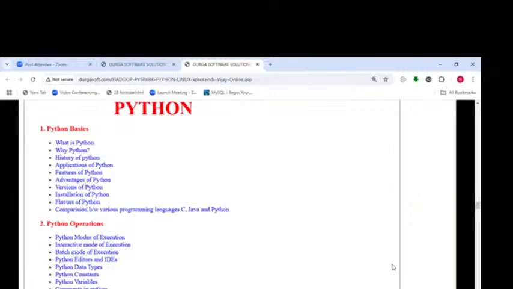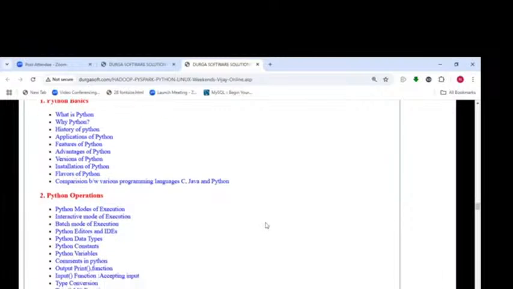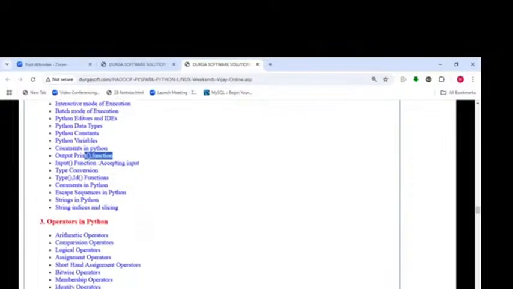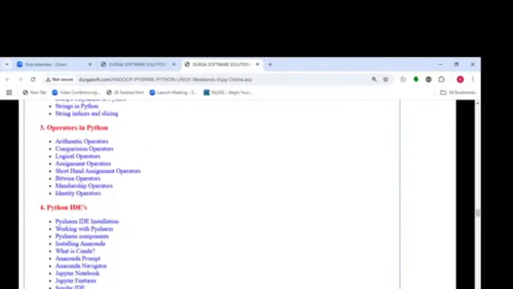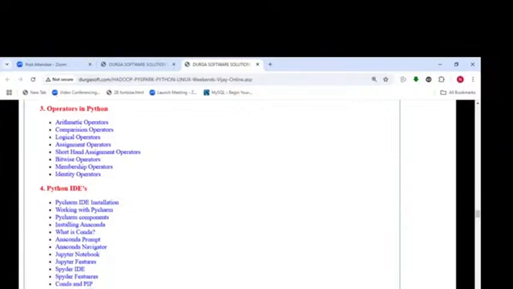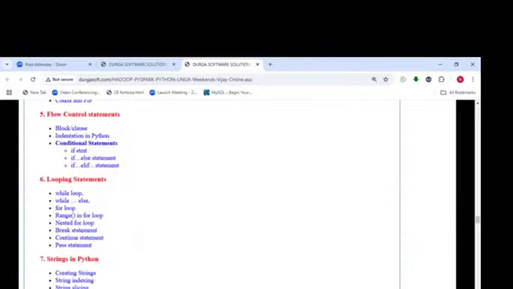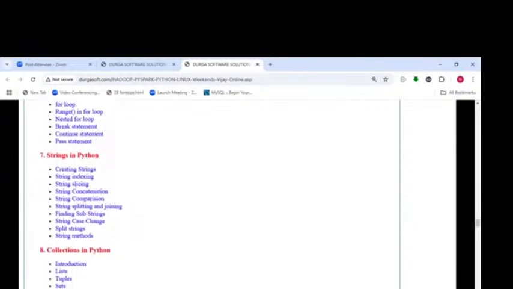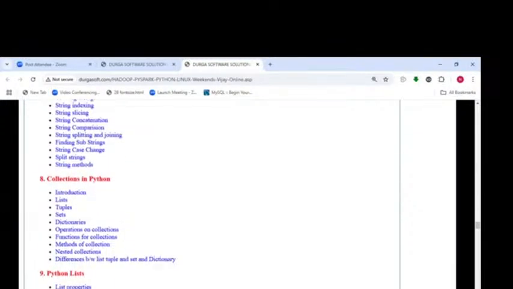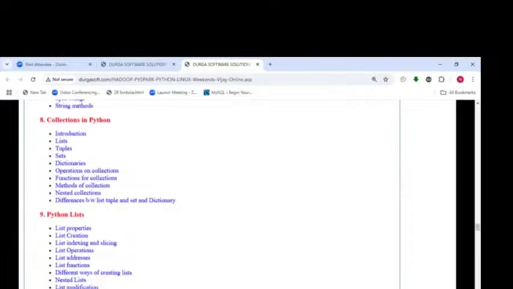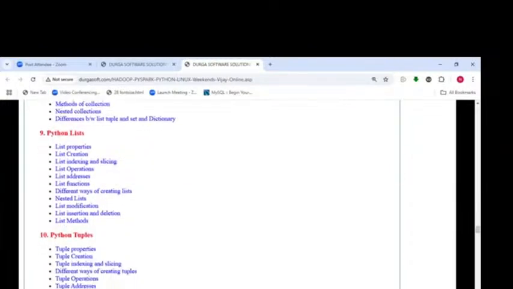Applications, features, versions, Python operations, modes, interactive mode, batch mode, various editors and IDEs, integrated development environments, constants, data types, variables, comments, escape sequences, strings in Python, and operators in Python, Python IDEs, Anaconda Prompt, Anaconda Navigator, Jupyter Notebook, Spyder, Eclipse, VS Code, flow control statements, looping statements, strings in Python, string indexing, string slicing, string functions, string methods, string special characters, collections, list, tuple, sets, dictionaries,